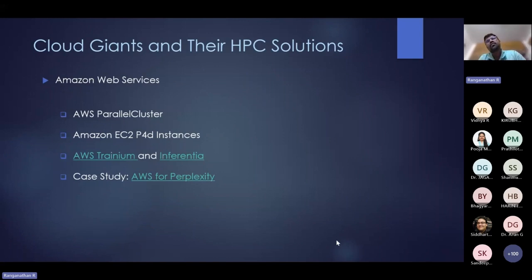And they also launched their own chips recently as competition to NVIDIA. It's called AWS Trainium, and it's called AWS Inferentia, right? Now, if you look at the chips,